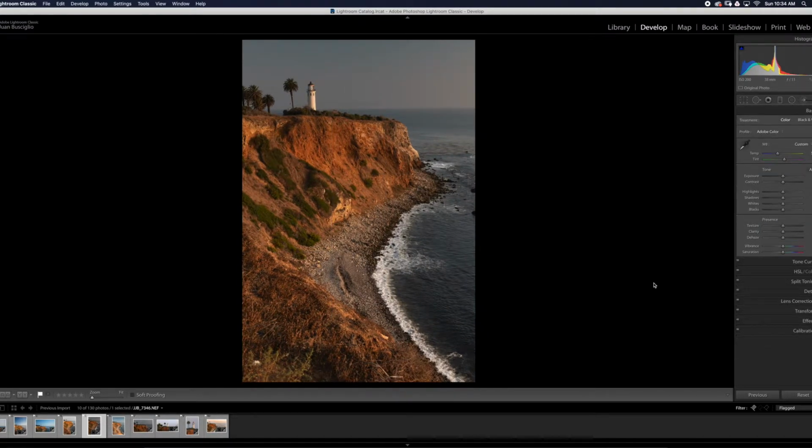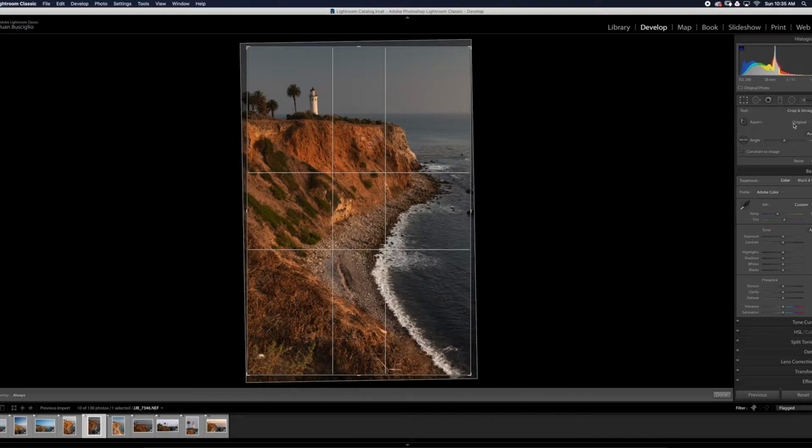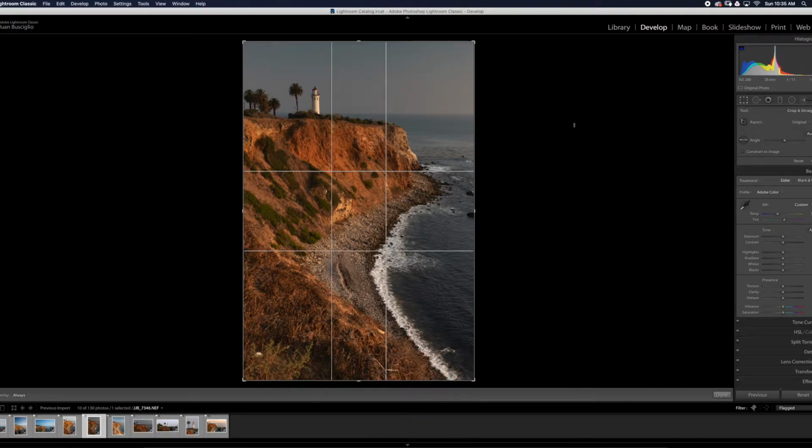Okay. I'm not very happy with that, so I'm going to do it again. So I am going to reset this. I'm going to get the ruler, I'm going to point, and